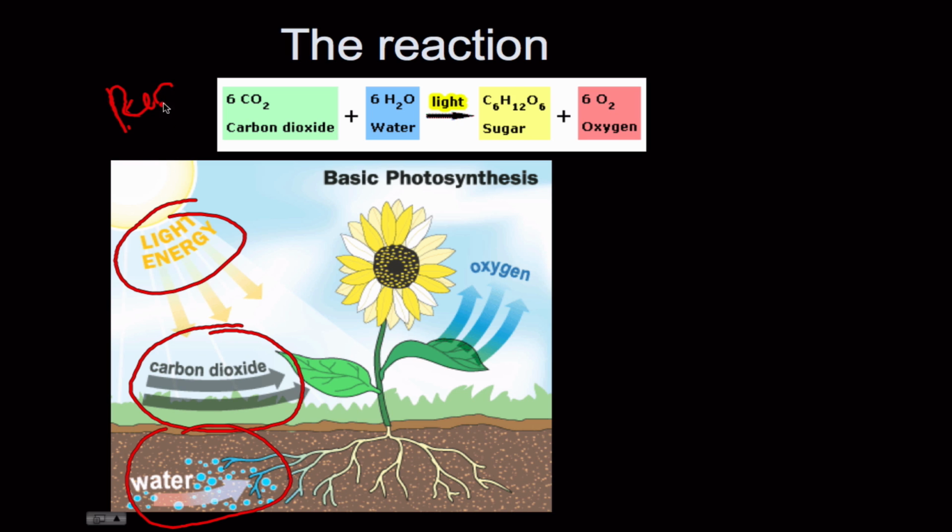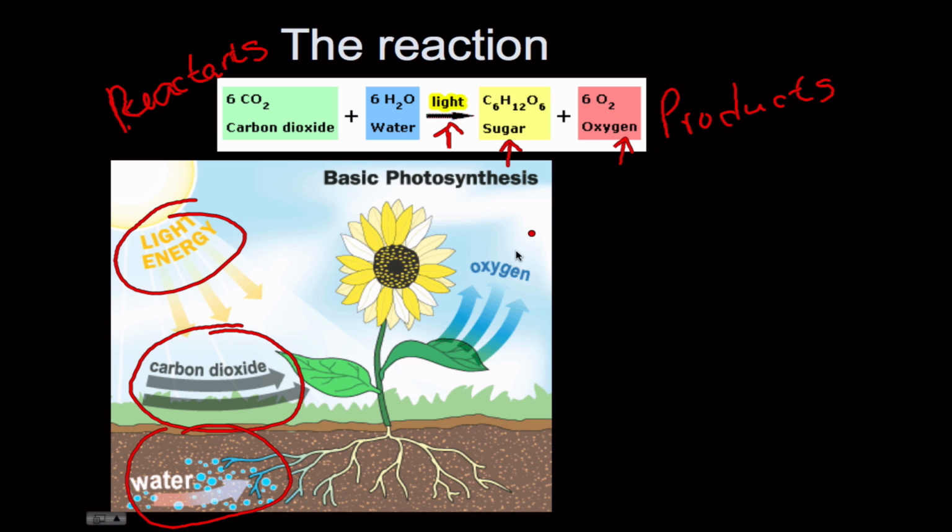Get my pen to work here. These are the reactants, and they're essential to this reaction. And then the reaction occurs as indicated by this arrow, and then over here we have the products of the reaction. And the products are sugar